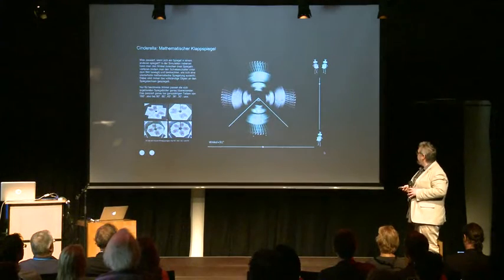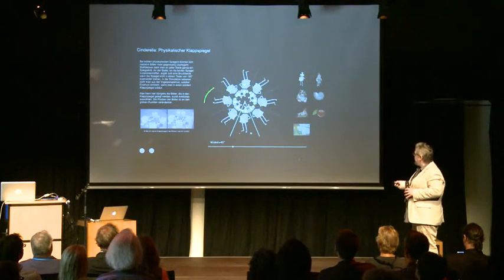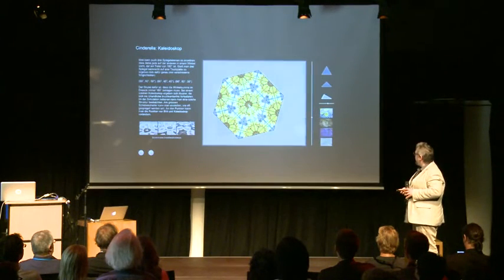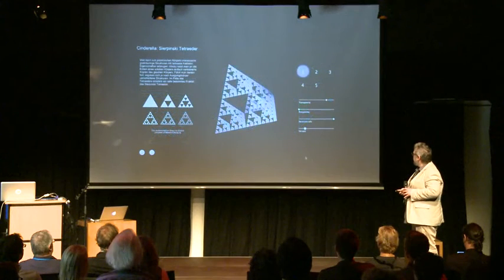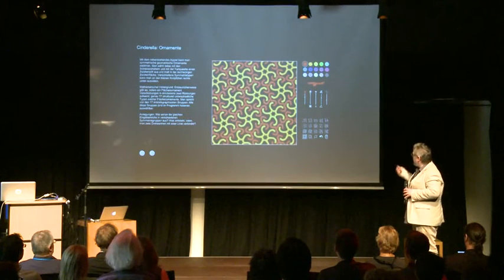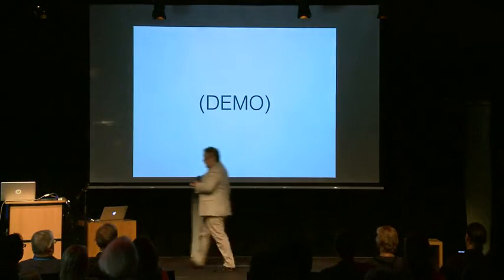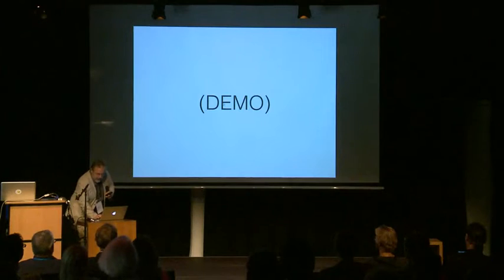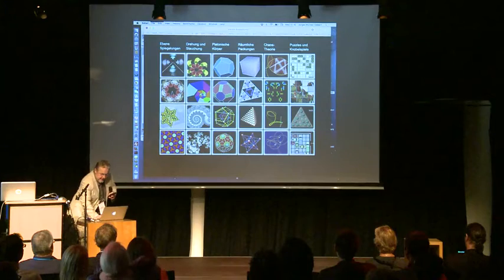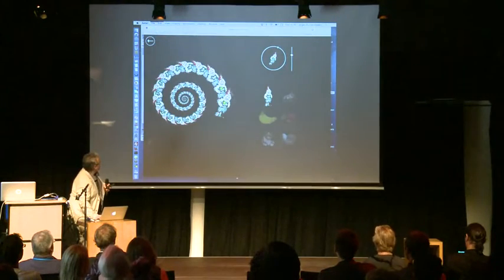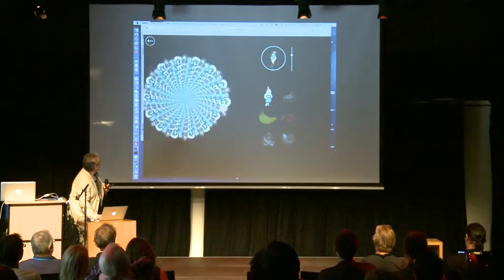And here are a few screenshots from our things from the Deutsche Museum. So you see, for instance, something about moving mirrors and about kaleidoscopes and about Archimedean solids or Sierpinski tetrahedra or a program with which you could draw ornaments. And I just want to show you part of the grid, just so that you get an impression. So here you have, for instance, some spirals, and you can move your Gartenzwerg,